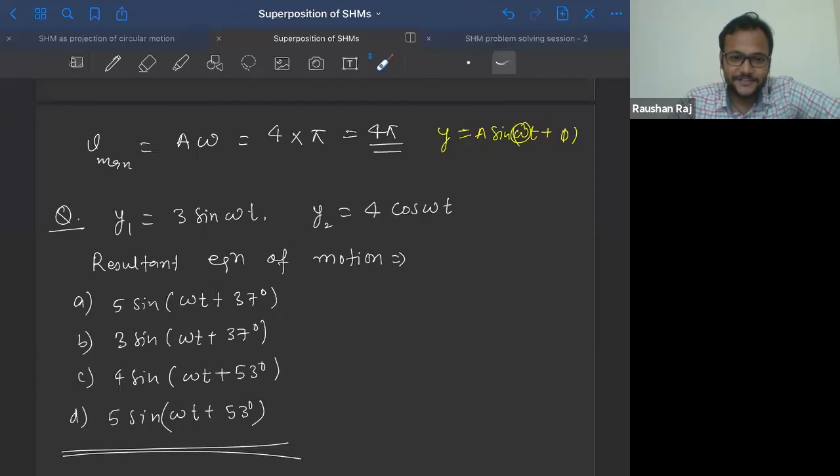How much is tan inverse 4 by 3? Don't get me wrong if I pronounce your name wrongly. You have to know the value of tan inverse 4 by 3. This is the end of Q1. Don't get discouraged, but you should know that. You should remember those values. What is sin inverse 3 by 5? What is sin inverse 4 by 5? What is cos inverse 3 by 5? What is cos inverse 4 by 5? And then what is tan inverse 3 by 4? What is tan inverse 4 by 3? You should remember all those things. Both are very standard values being used here.